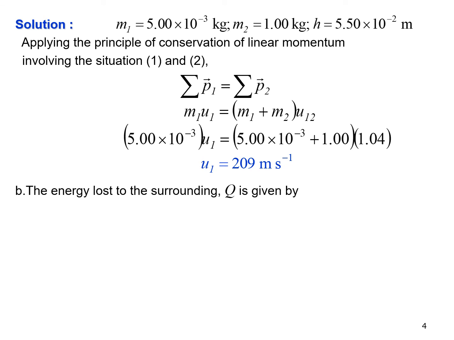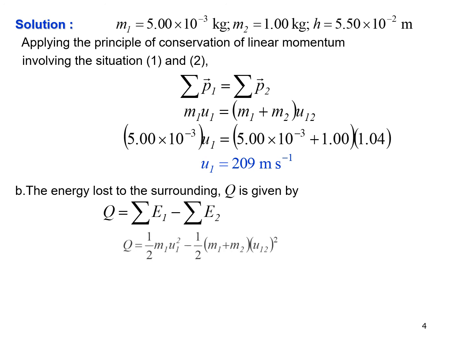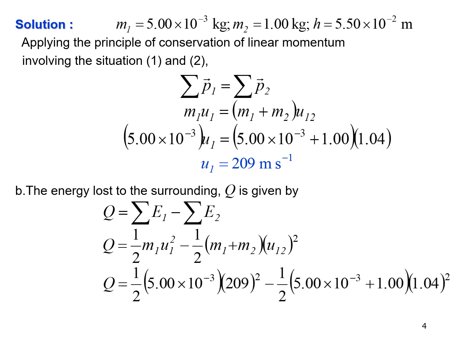To calculate the energy loss to the surrounding, we calculate the total energy. Initially the bullet is moving, then it collides with the block. We calculate the difference in the energy, which will end up with 109 joule. So you need to apply two principles of conservation over here: conservation of energy, conversion from kinetic to potential energy, and also